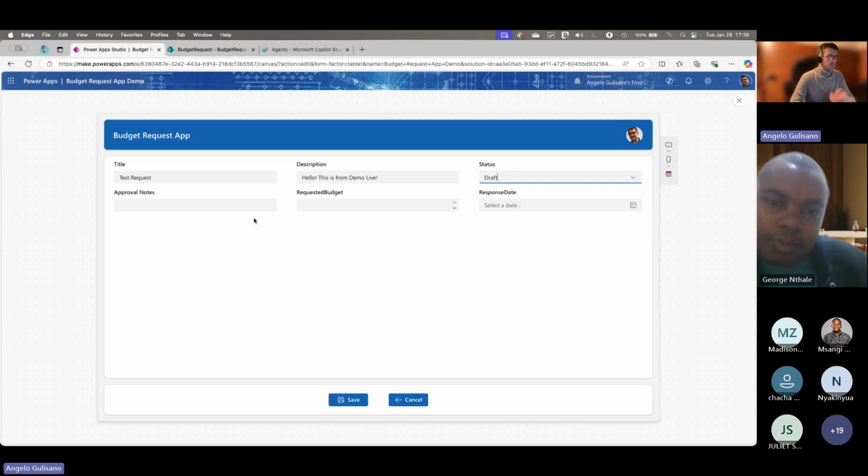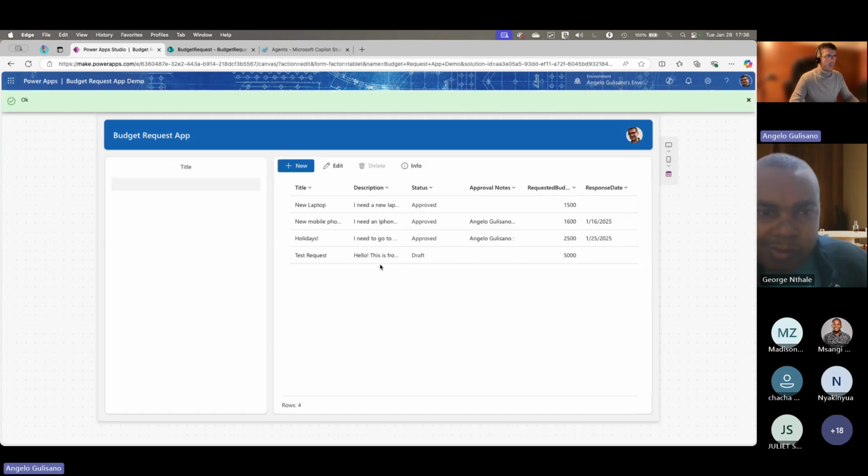But just to test, also you cannot specify approval note, and for example, budget and response date is not from our part. So it responds okay, and it creates a test request for us.